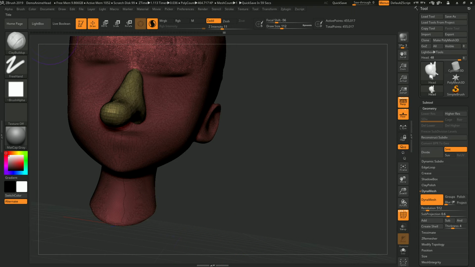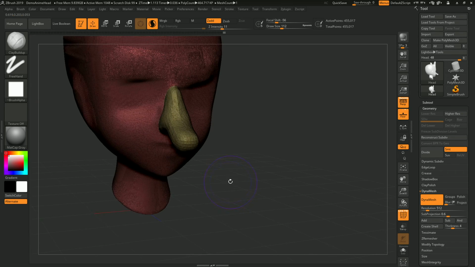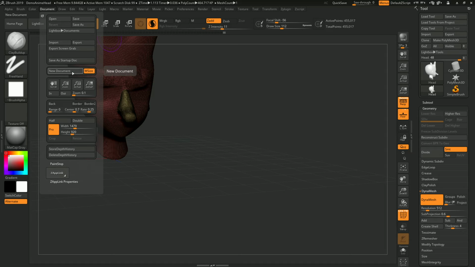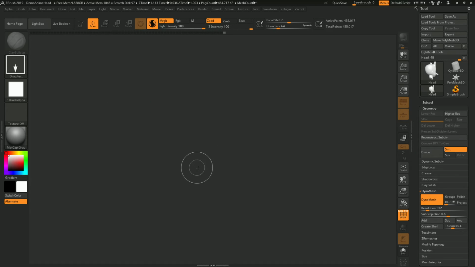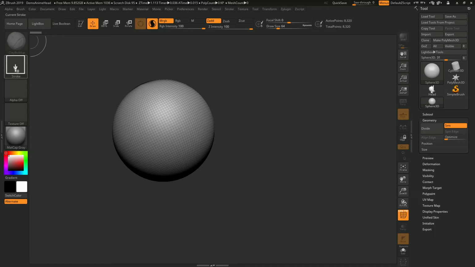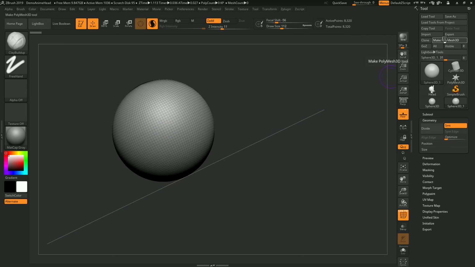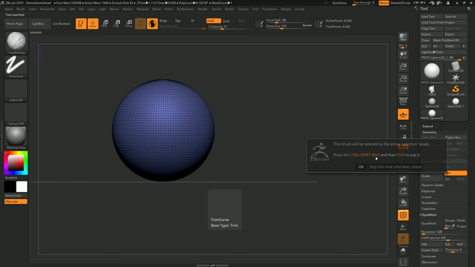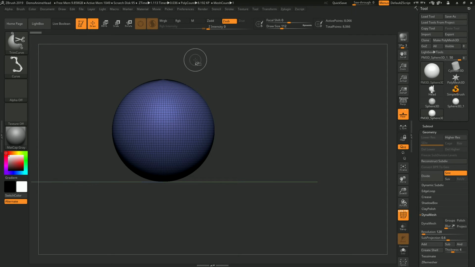So the trim brushes. I personally like organic modeling a lot more, and a lot of people steer away from it when they're using ZBrush, but I actually think it's a lot better in ZBrush than in traditional programs such as Blender. So what I like doing with the trim brushes, I'll just show you a quick sphere. So we'll put the sphere in. Basically what the trim brushes do, just pick trim curve for now, is it cuts through the mesh, outside,